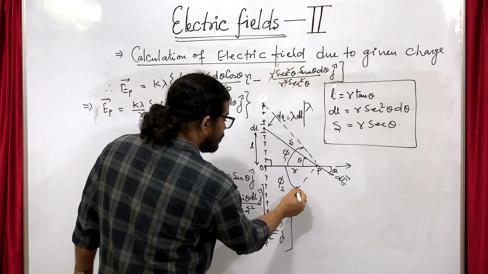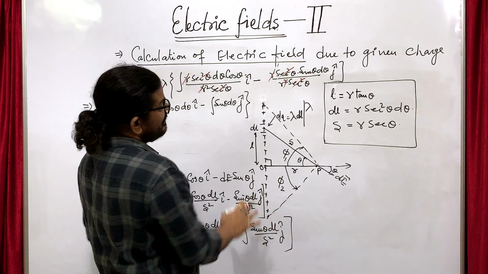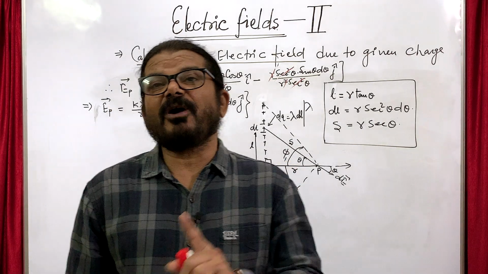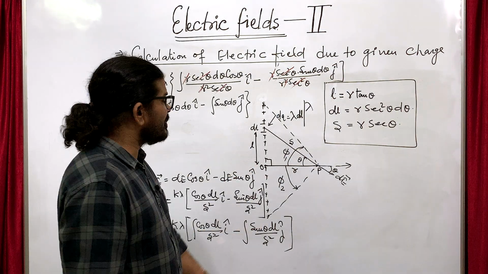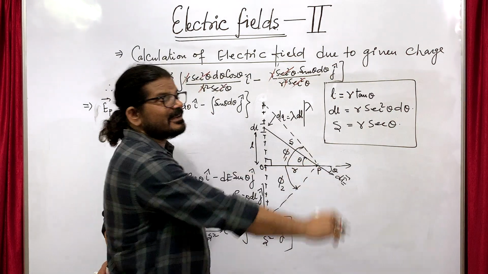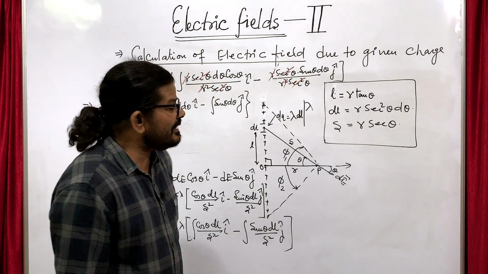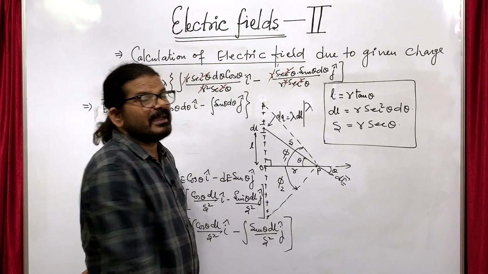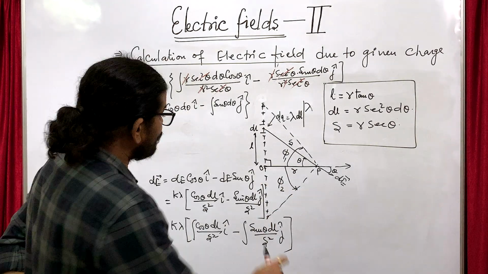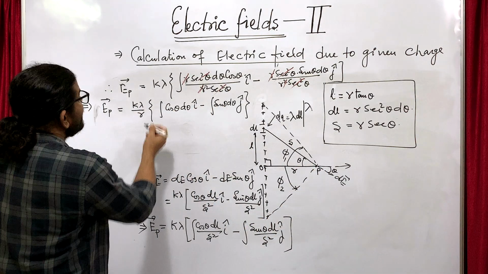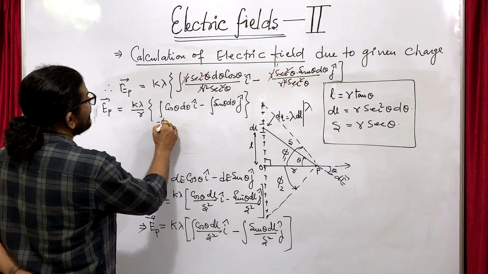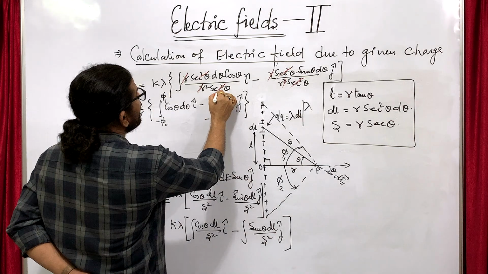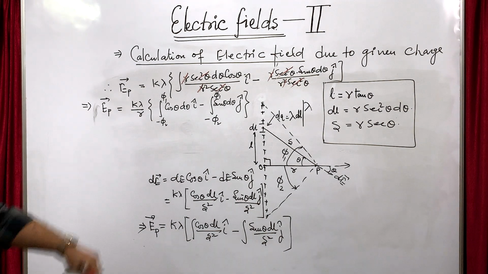So yes, I have told you how the angle will always be measured, because once you have set the convention, you are bound to follow the same convention throughout the solution. If here you have taken theta positive in the clockwise direction, then all angles measured clockwise will be taken as positive, and anti-clockwise will be taken as negative, and the reference will be OP. So here we can write minus phi 2 to phi 1, and here also minus phi 2 to phi 1. So this is now the integration.